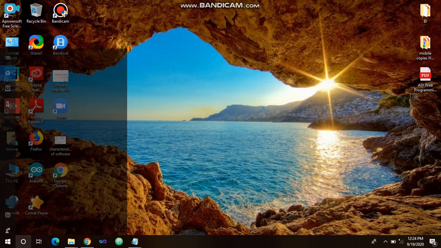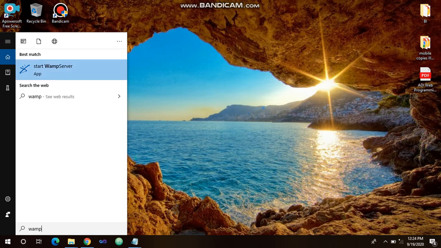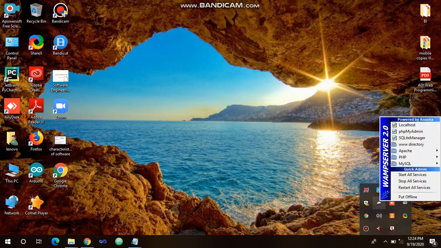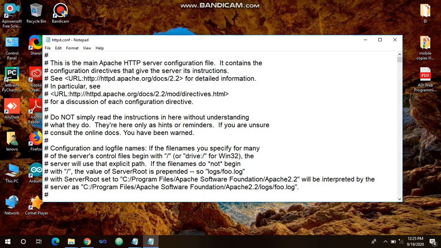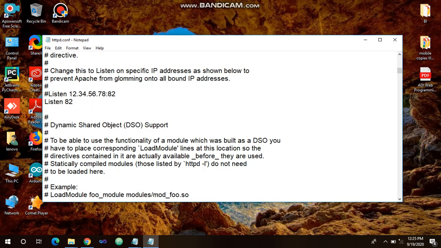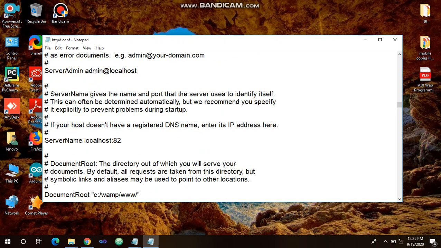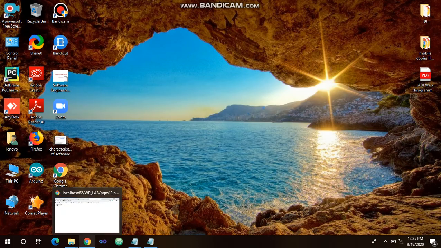Second step is just check your WAMP server. So once the WAMP server is started, you will see that the WAMP server is visible, right? After checking WAMP server, go to Apache, go to httpd.conf, just check the port number. The port number should not be 80, it should be 82. So make the port number 82 at 3 places. If it is already changed, no problem. But the port number should not be 80, it can be anything but 80. You can take it as 82. Okay, so at 3 places you make it, and just go for file and then save. So this is the next step.